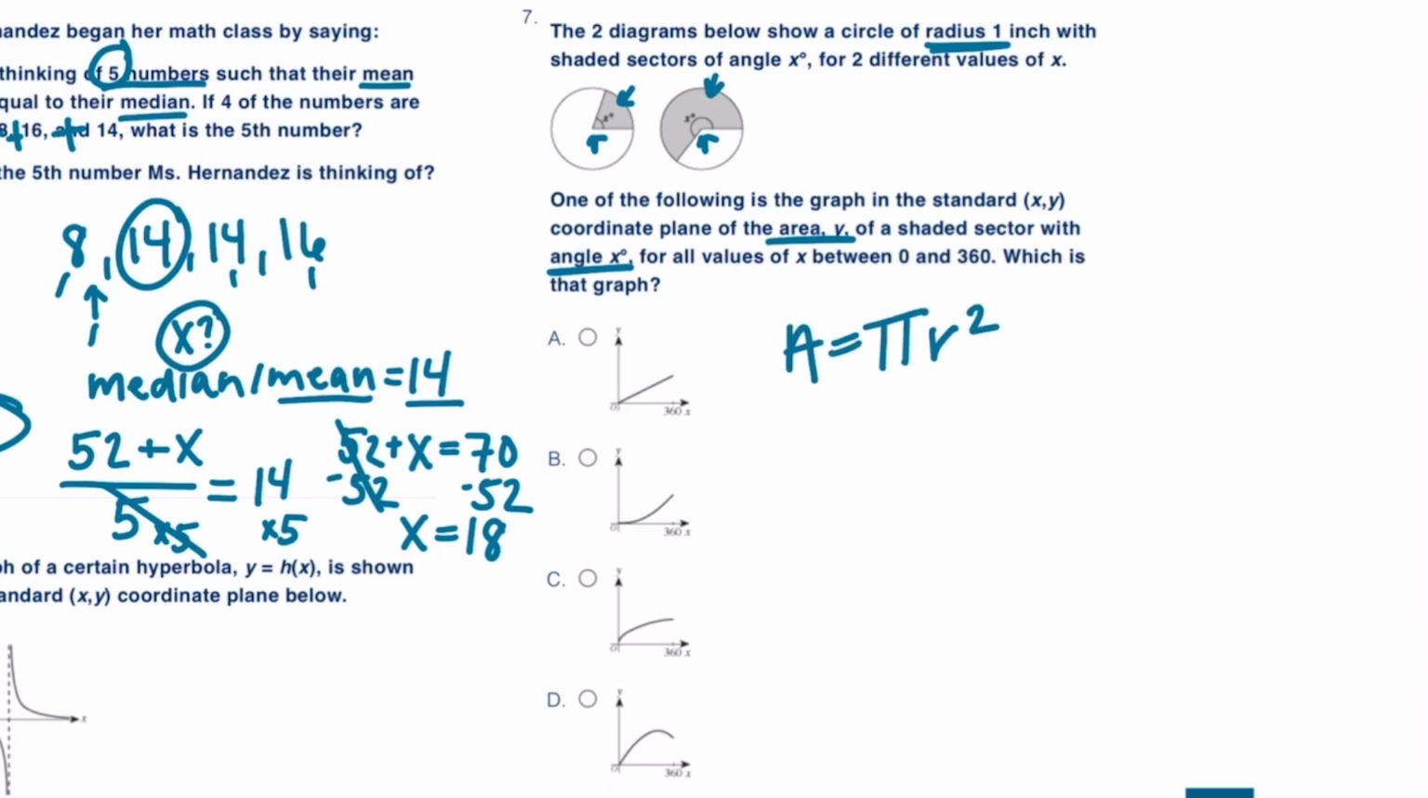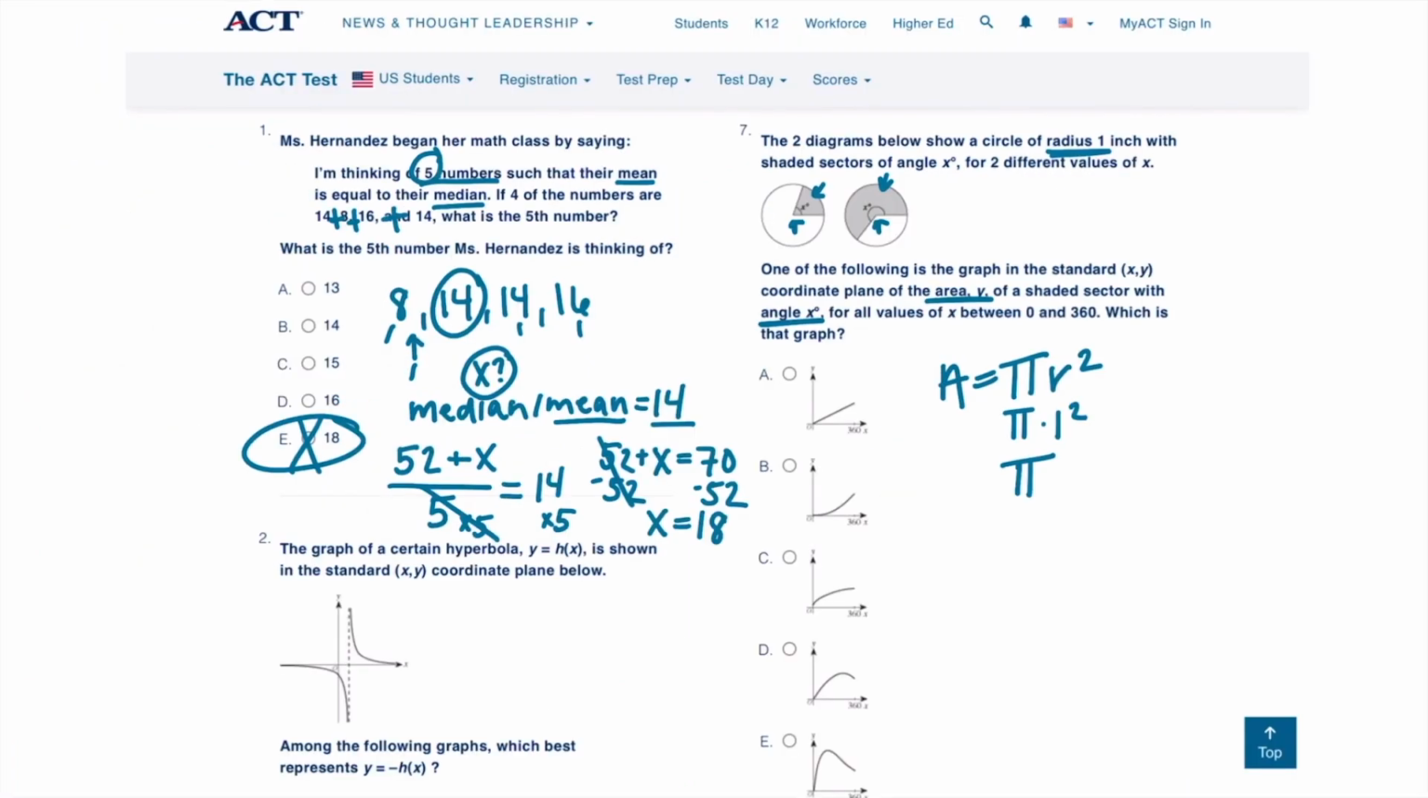We do know our area is pi r squared, which we're given our radius is 1. So our area of the whole circle would be pi, or 3.14. Then from there, you want to multiply that by whatever the angle is over 360. So you're noticing here, this is a linear equation, right? We have 1x, it's our angle value. And as our x goes up, our y is going to go up, which our only linear equation is option